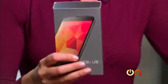This is the Nexus 4. Now, if you're not familiar with Google's Nexus phones, this is the only way to get the pure Android experience. You get all the updates as soon as they come out, and nobody's allowed to put their own stamp on it. The other thing that's new about this phone is it's the first time that LG has manufactured a Nexus phone. Previously, they've all been Samsung, so this is kind of a big change,